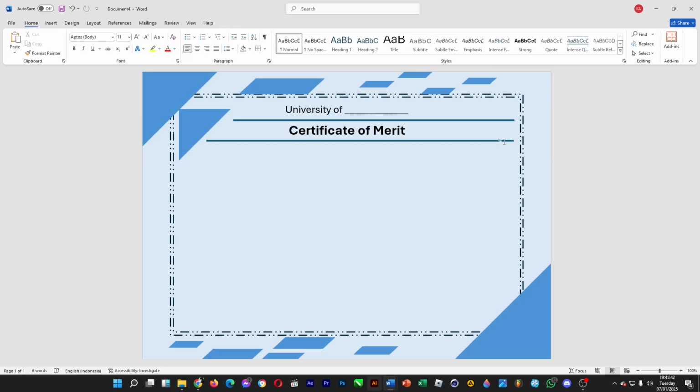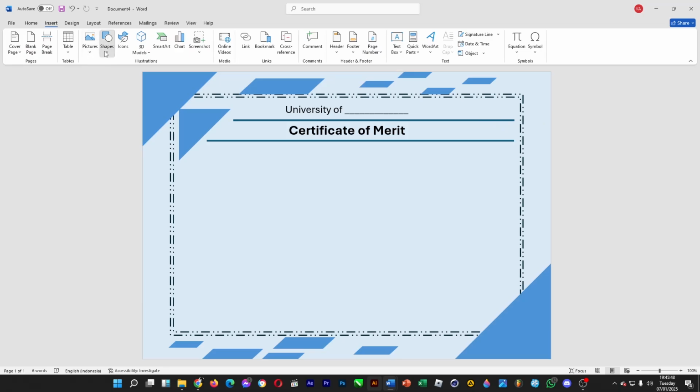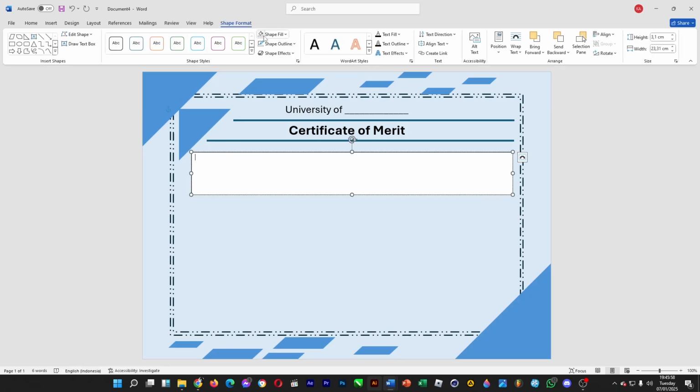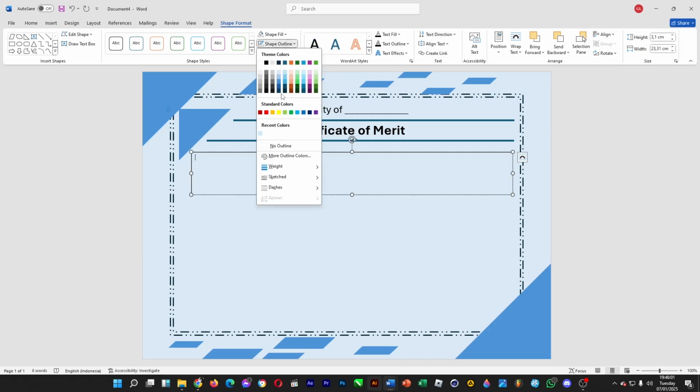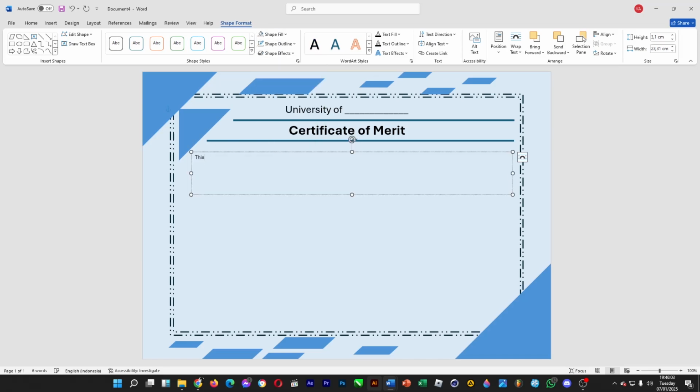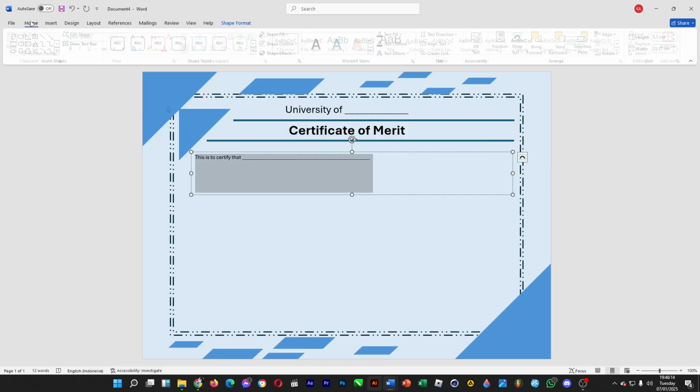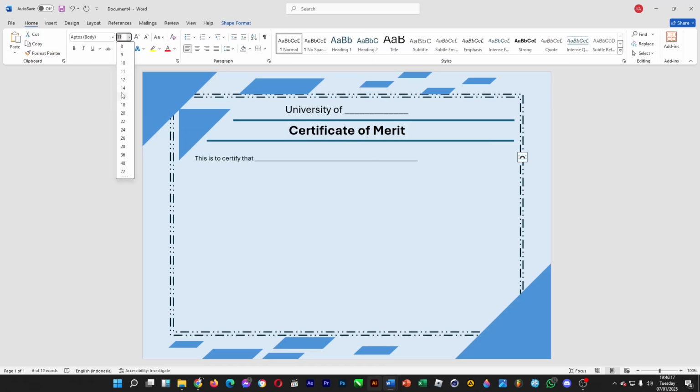Once you're done, you can add another text box. So click on insert, shapes, and then click on this one. And then you can actually type things. For example, this is to certify. Let the fill go away, and let the outlines go away as well, and then type anything. For example, this is to certify that, underscores. You can go to home, and then increase the font size to this. This is to certify that